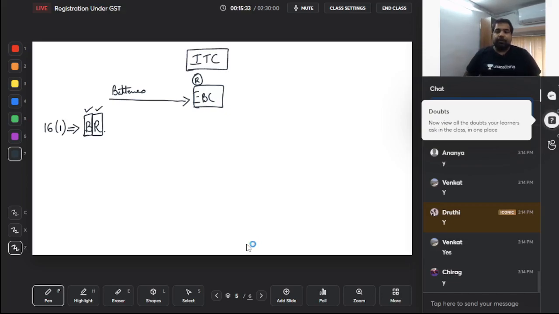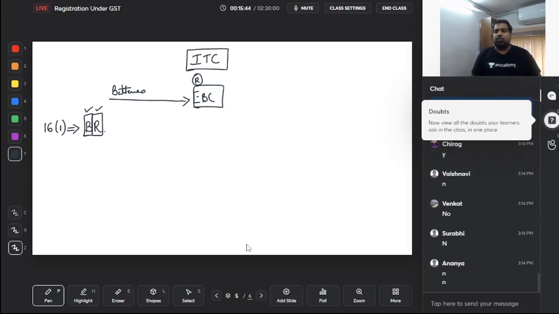Guys, I'm giving you an example. I buy a mobile phone, but for my house. Can I take credit? No. You buy a mobile phone for your lectures. Can you take credit? No, because you're not registered. So both conditions should be there. It should be for business purpose and it should be registered. Next,